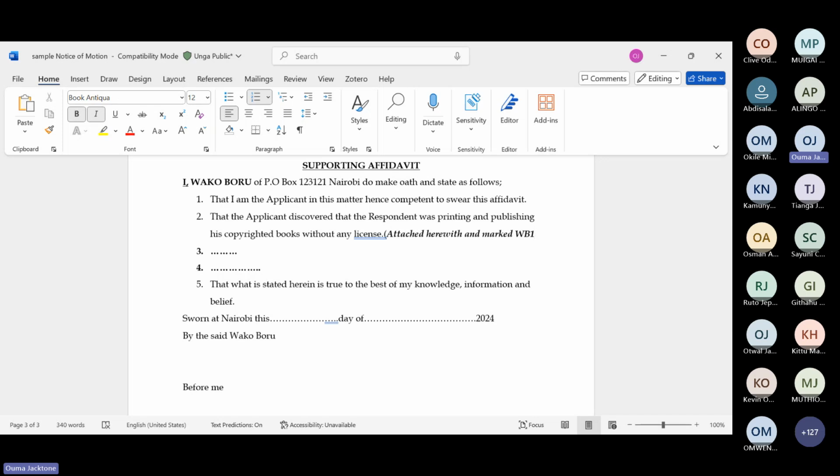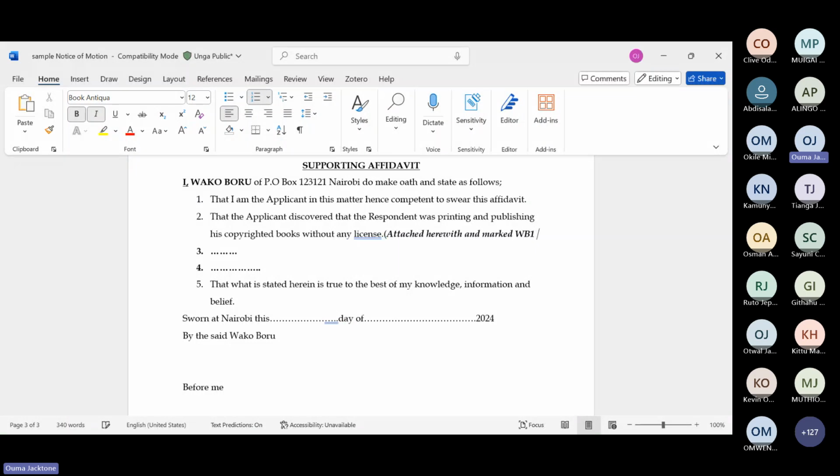So if the applicant is called, let's say, Alfred Adrian, your marking will be AA. If your name is Abdisalan Gure, your marking will be AG. Okay, so when you come here, you are saying attached herewith and marked WB1. It means Wakoboru 1.